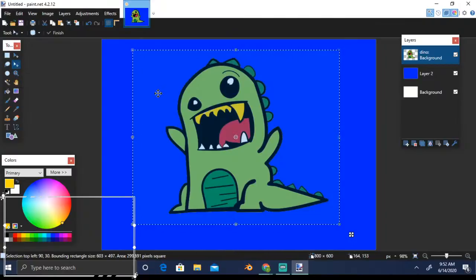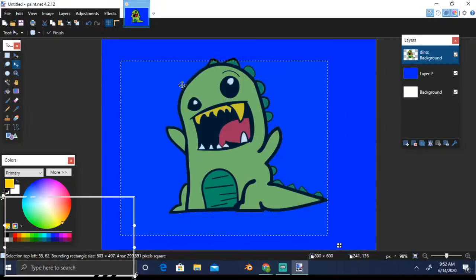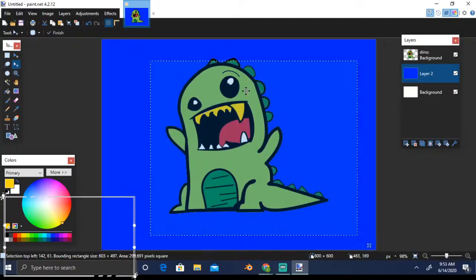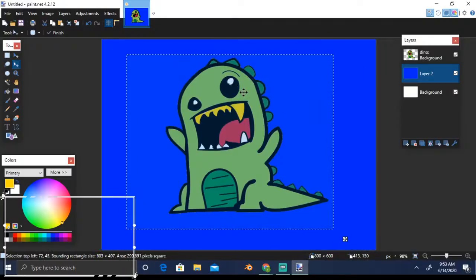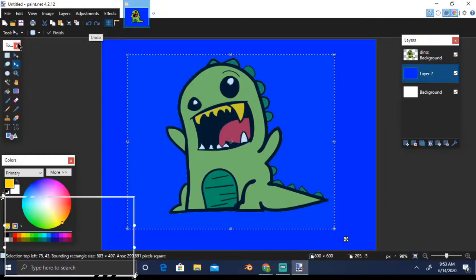Let me select this, and it is just moving this square area. This is useful if you don't want to cut the thing, but just want to move the selected area. Let me do that again.